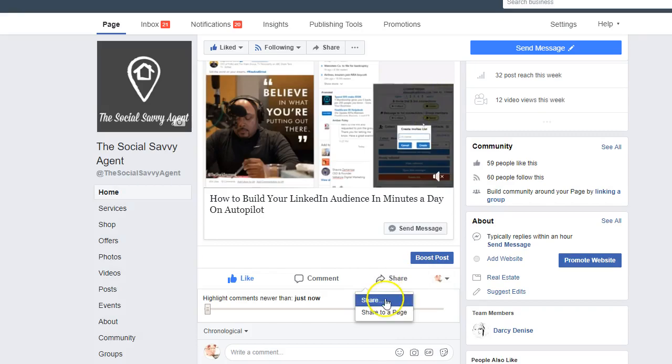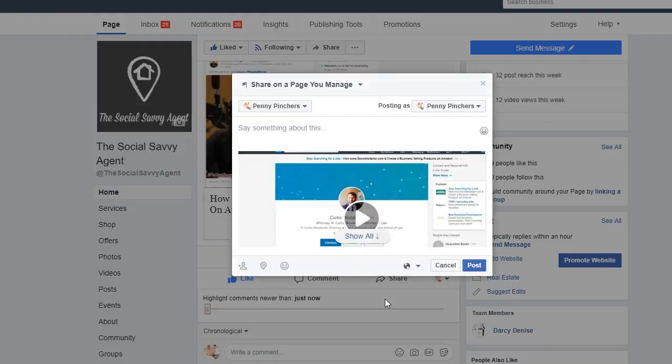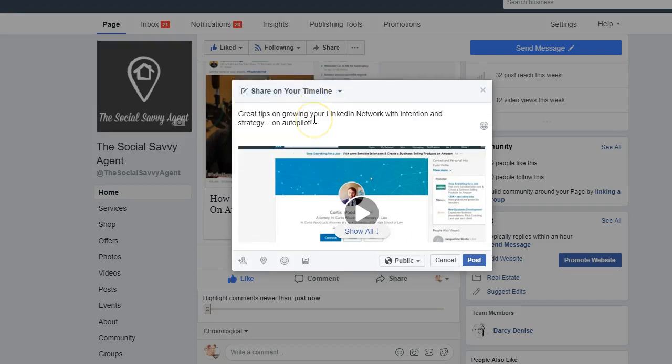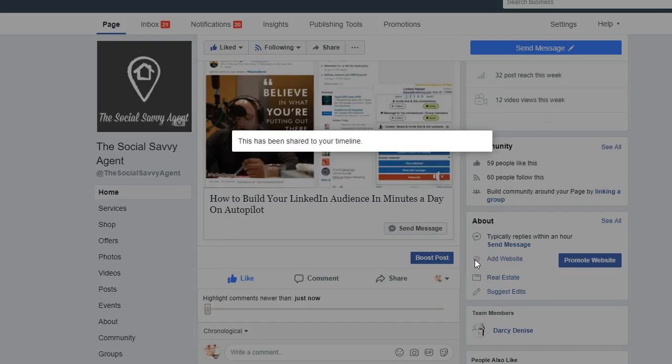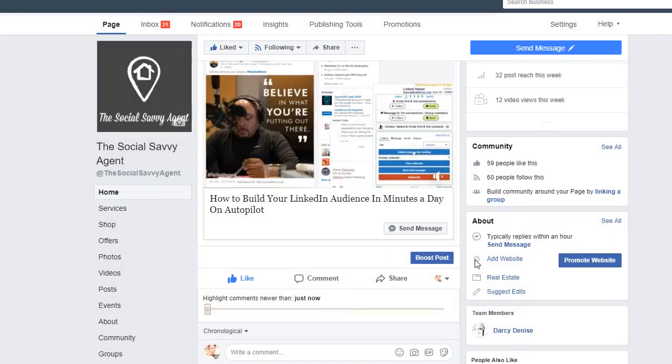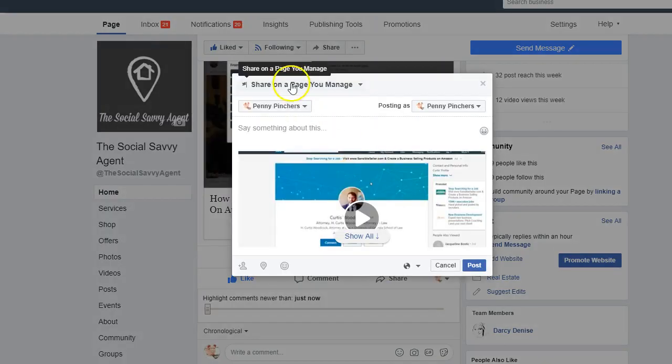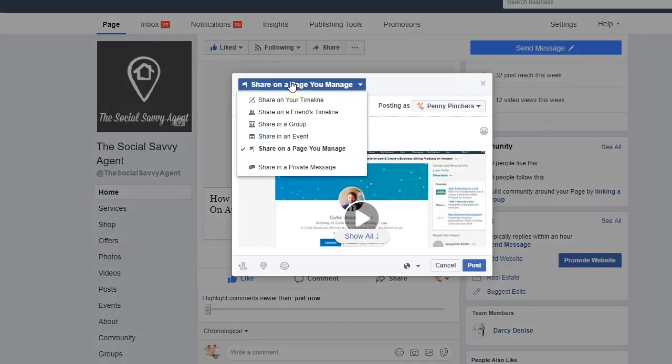So now we've shared it with several other business pages. Okay, smart move. We're also going to take this puppy and share it on my timeline. Because guess what? That gives you more exposure. And the cool thing is that the send message button is still attached to your post. So this is what I'm saying when you're sharing different information to your personal profile from your business page. It's always smart to set up your business page correctly